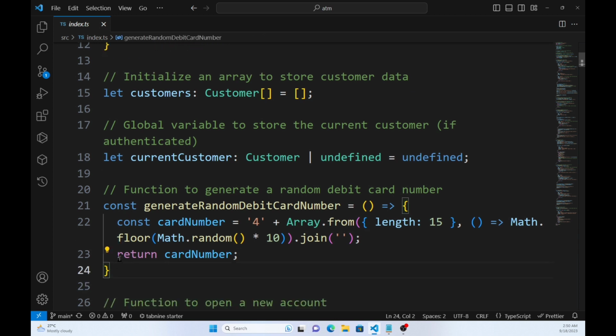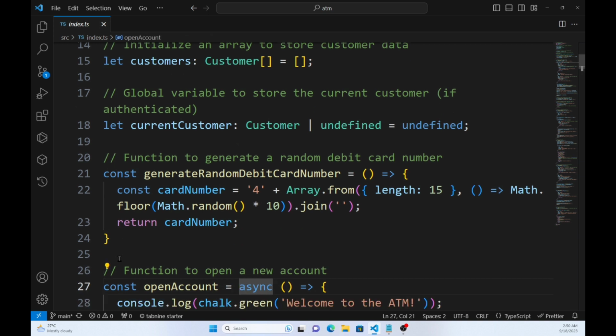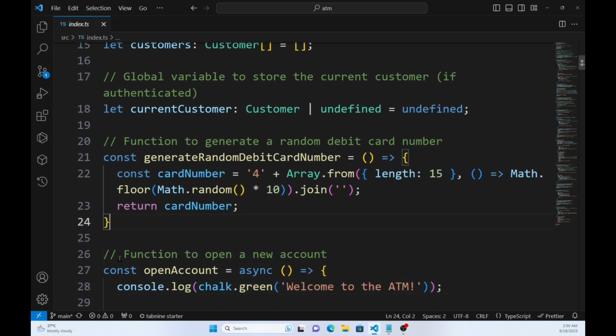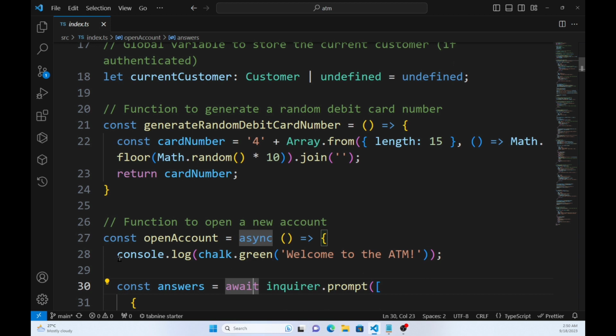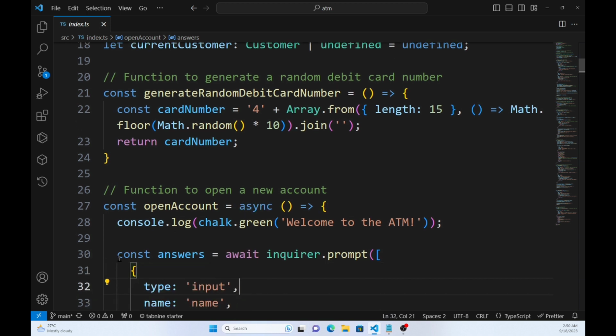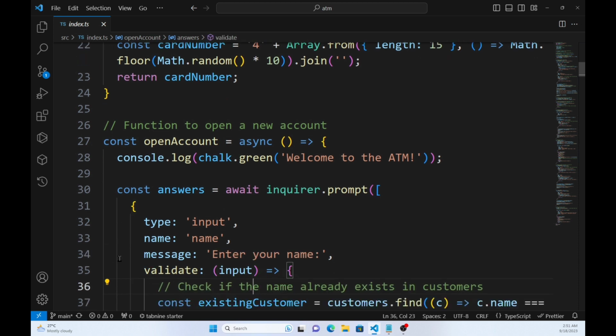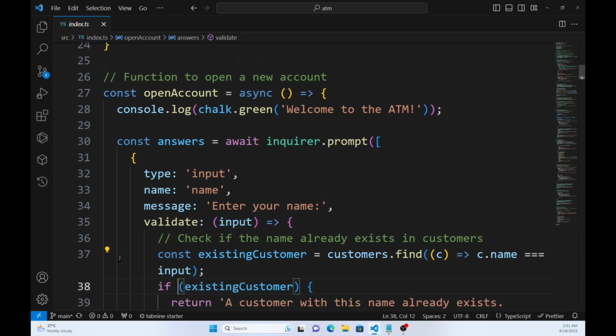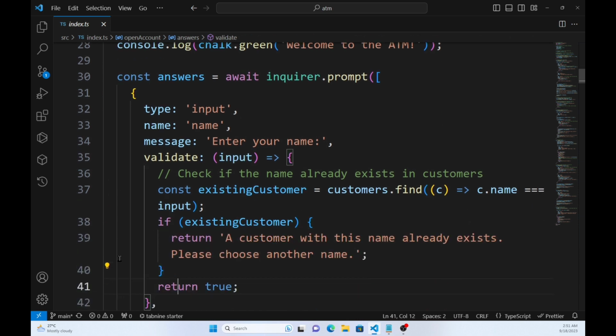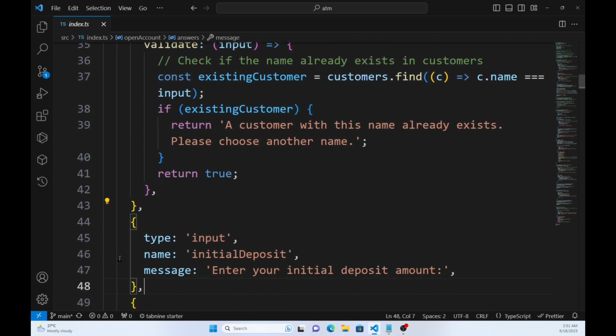Okay, and it returns the card number. Also, to open a new account, we make functions in async and await with the Inquirer prompt. We define the prompts here and the inputs, and the validations we also explained in the first video. And next,